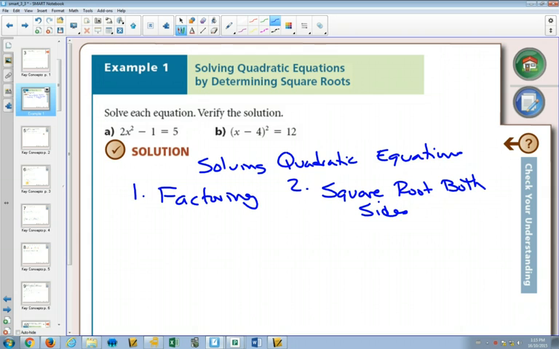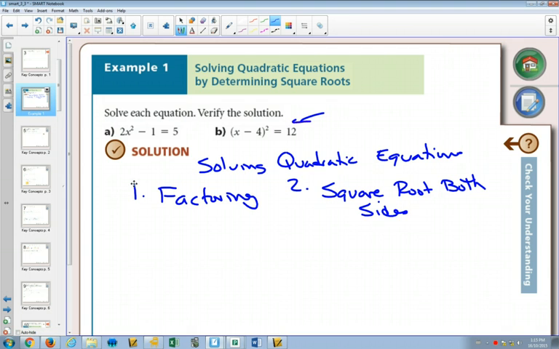So how do we decide between the two different methods? When can you use one? When can you use the other? And now we're going to look at how you can change one from being one that you might think is factoring into one that you could square root both sides. It depends on whether or not you have the x being squared with no other x's, then you're going to square root both